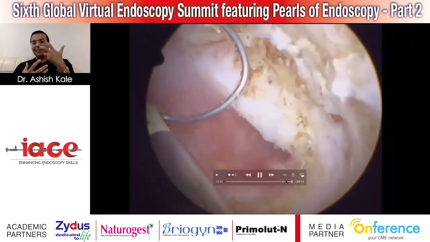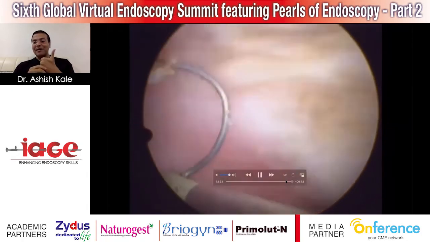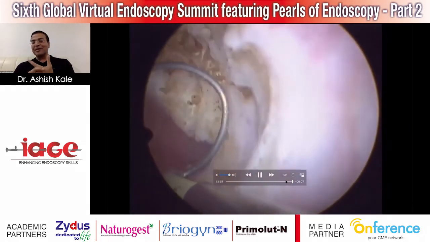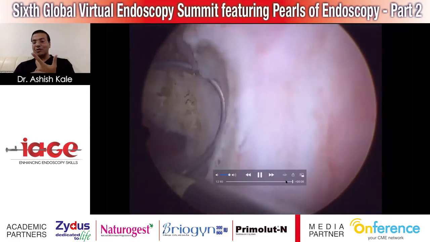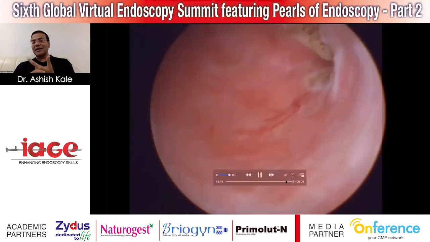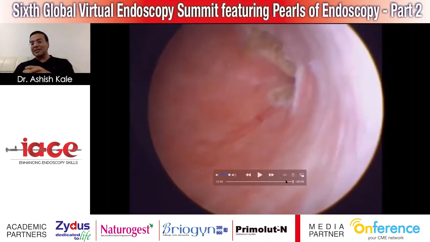I think proper mapping of the myoma is required. Then, whichever type of myoma you are dealing with, you need to understand whether it requires a 2-setting or a 1-setting procedure. If the myoma is too much into the myometrium, it can be dealt with in 2 settings. And you can also use a bipolar resectoscope as a mechanical tool. I hope I am done, because I have only given a resection technique.